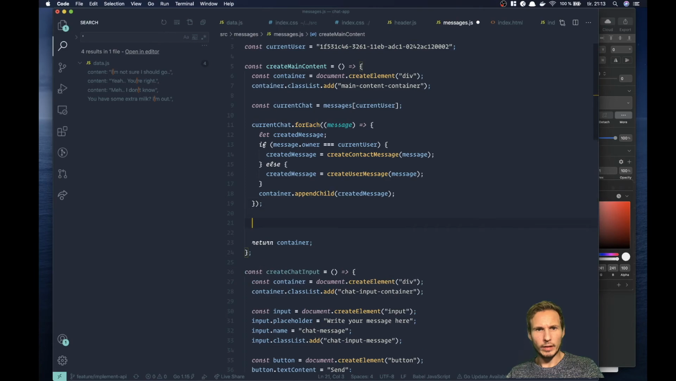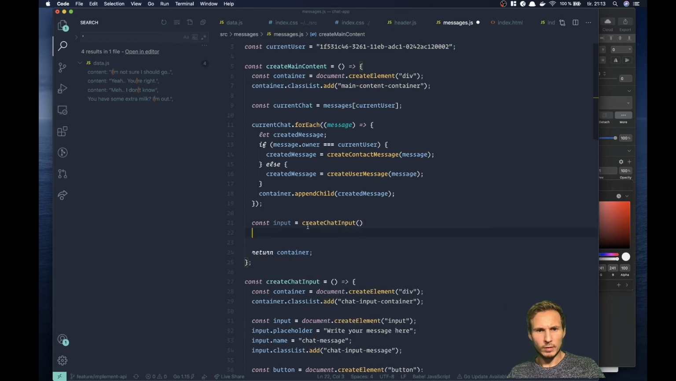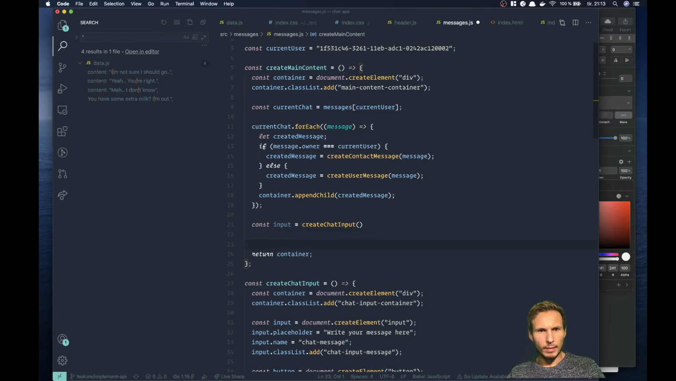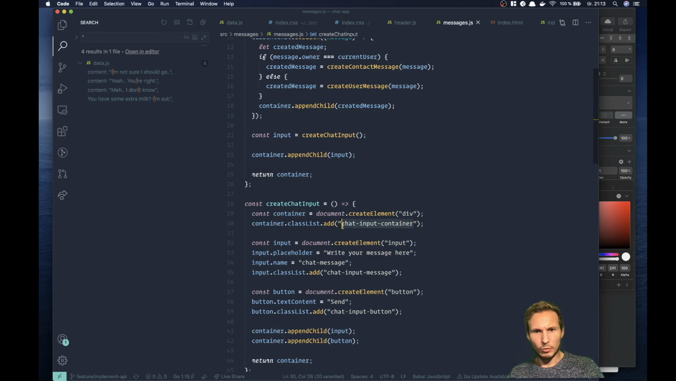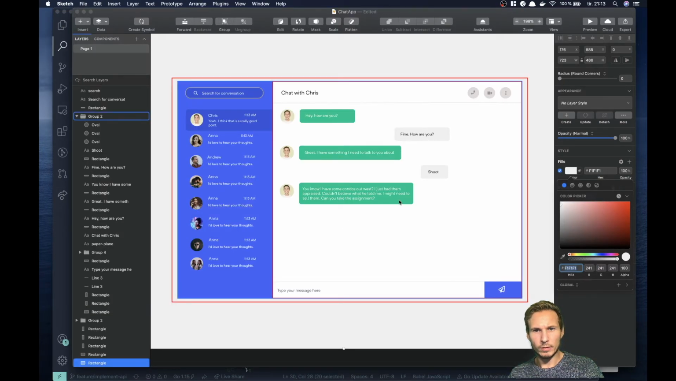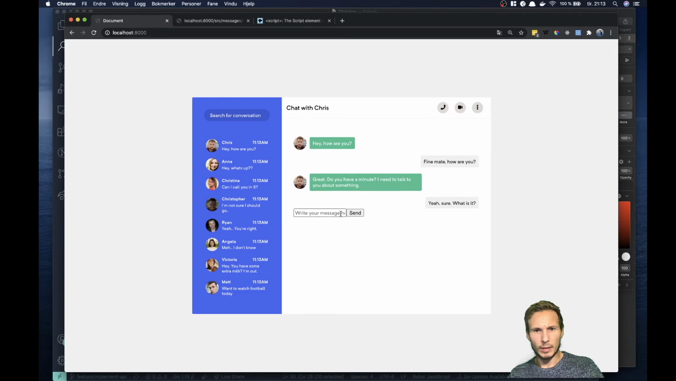Let's go ahead and create the input here. So that input, and we'll send the input to the container. So that should give us an input down here,